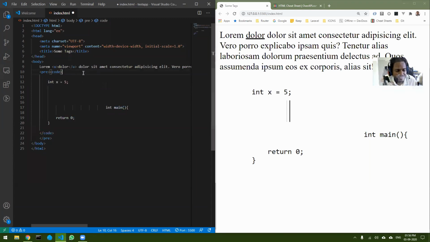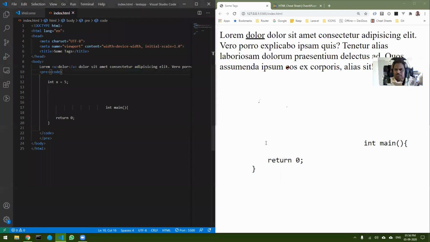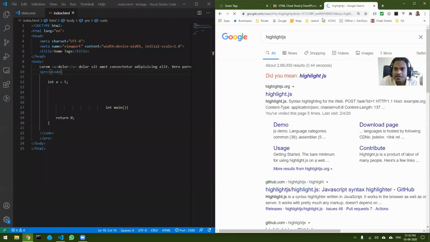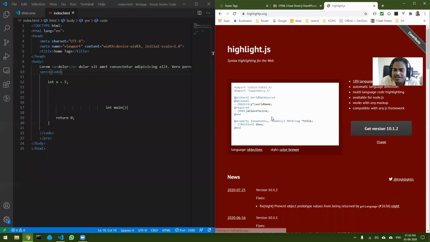The code tag slightly changes the structure a little bit, and it creates a feel that it is like code. Now obviously this is again not the exact way of doing this. You can style it, and there are other packages available, like this package highlight.js, and you can see how it looks once this is done.